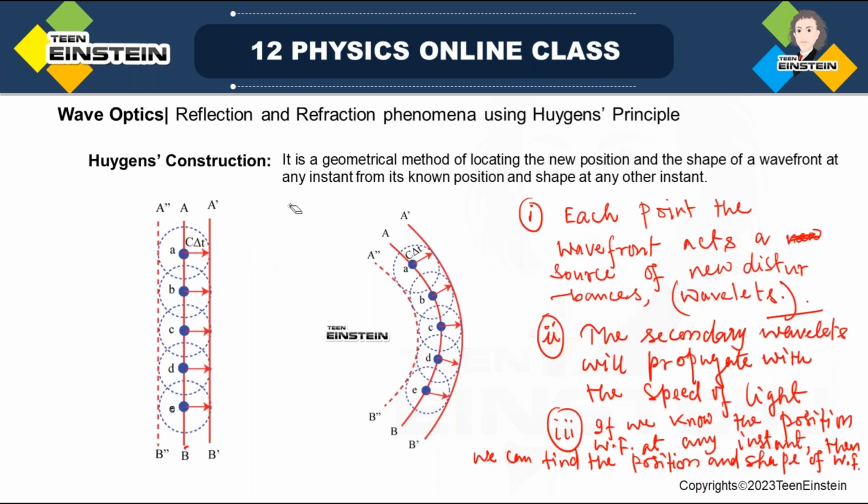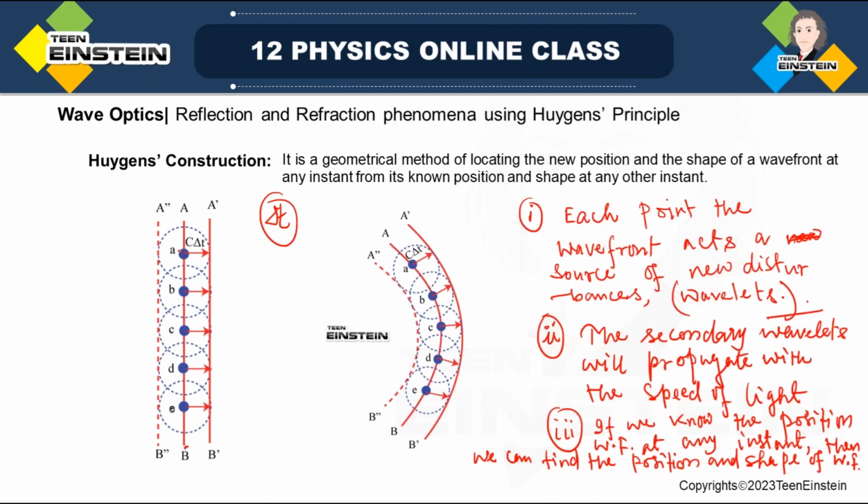In both the cases, you can see that we want to see the shape and the position of the new wavefront at any later instant delta t. So each sphere will be of radius c delta t. This is what we have drawn. You can see that. So we have drawn small spheres, and thereafter